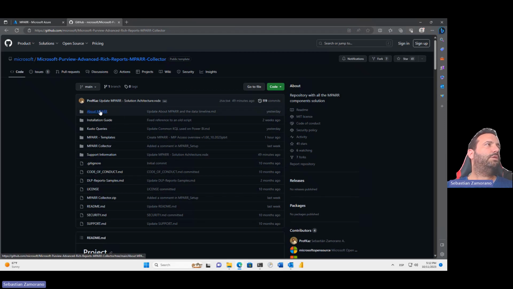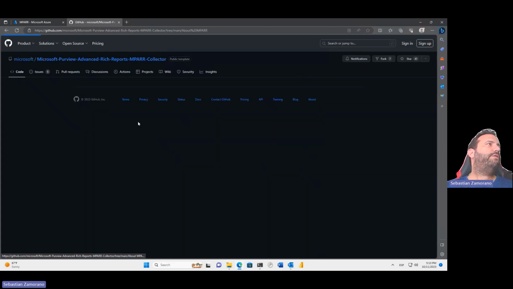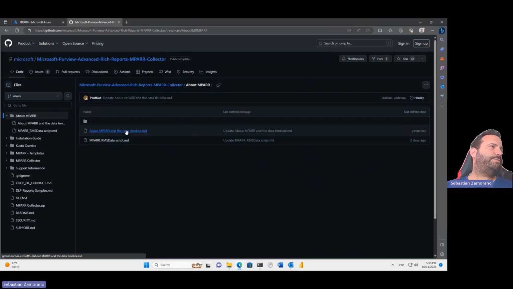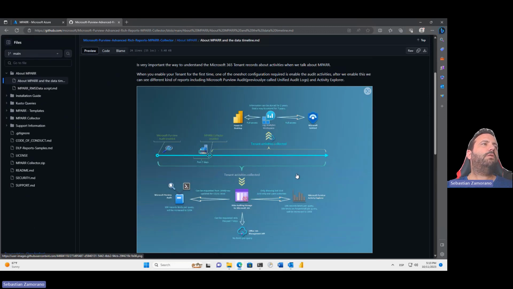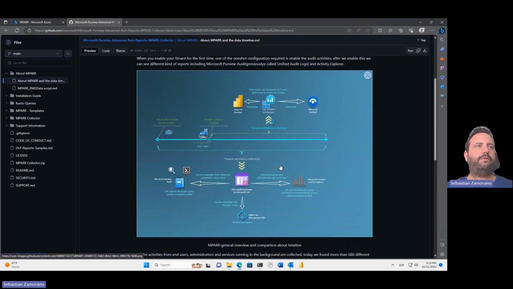Today, to talk about the access review, access denied, or access granted, the first thing that we need to do is understand the data timeline in the audit logs. What happens when you enable a tenant for the first time? Normally one of the first steps is to enable the audit logs. After you enable the audit logs, all the information starts being collected, and you can access that information, which is normally stored in a kind of hidden auditing storage, through the Microsoft Purview audit or unified audit